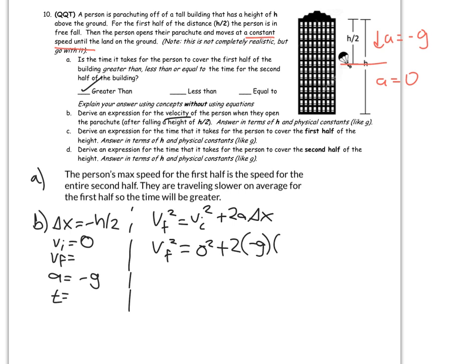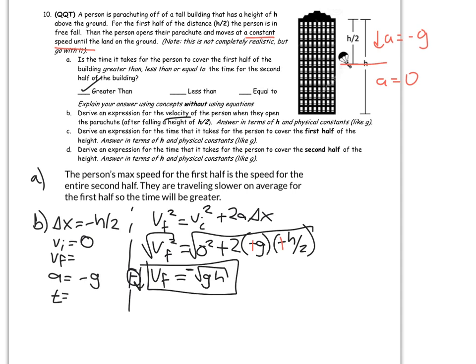Acceleration is negative g, and our displacement is negative h over 2. And that's where that sign really comes in handy, because now that ends up being positive, and we're not stuck taking the square root of a negative. We go ahead and solve for VF, and what we end up getting is that VF is just going to be the square root of GH. However, since we took the square root of VF squared, we are going to be left with plus or minus here, and because we set down to be the negative direction, there should be a negative sign in front of that VF.